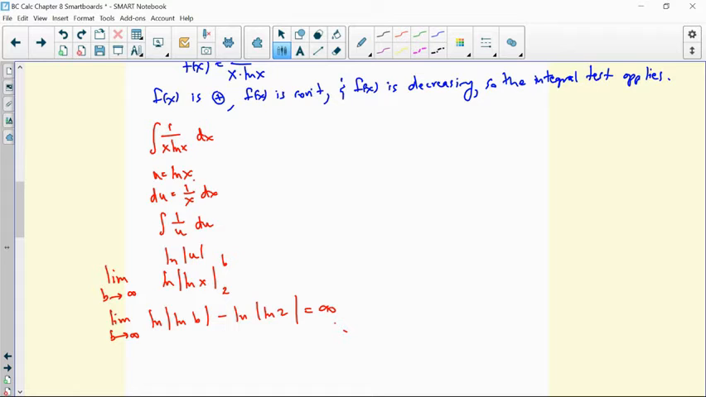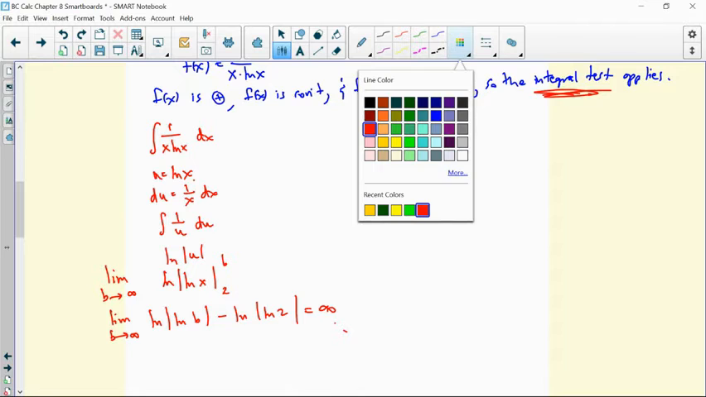So the fact that the integral diverges tells me that the series will also diverge by the integral test. Because remember, we said we met the conditions for the integral test. So if the integral that represents the series diverges, then the series also will diverge. So I'd want to make a conclusion here, saying, okay, so thus,